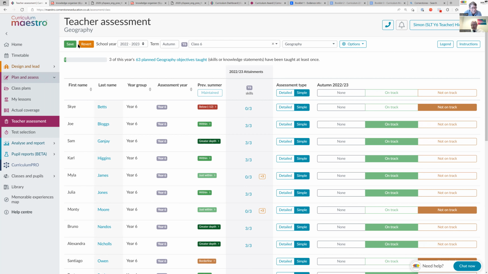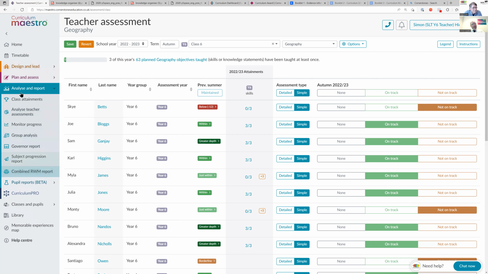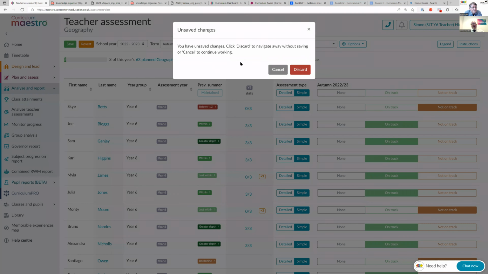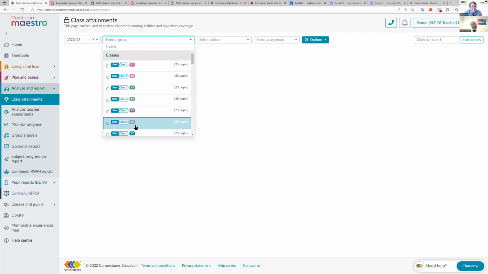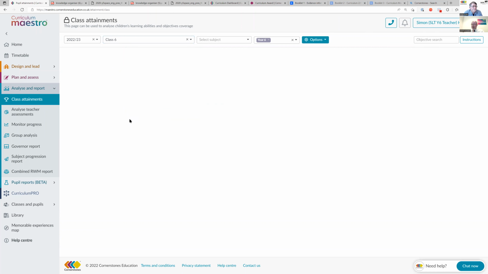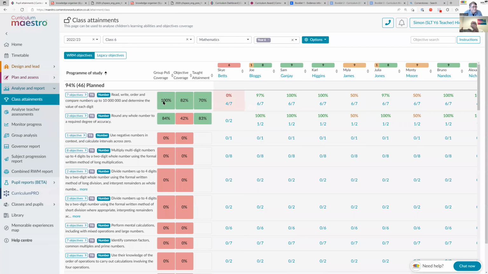So you've got the children's names and the year group. So that must be linked to their school's information systems. That's correct. It's all fully linked, so it automatically pulls down all the classes and all the pupils and the information, so that then leads to the full analyse and report package, a full assessment package, where you can see individual children and see exactly where they're at, what they've got, how they're attaining. So it's bringing that teaching and assessment together, so it's live.